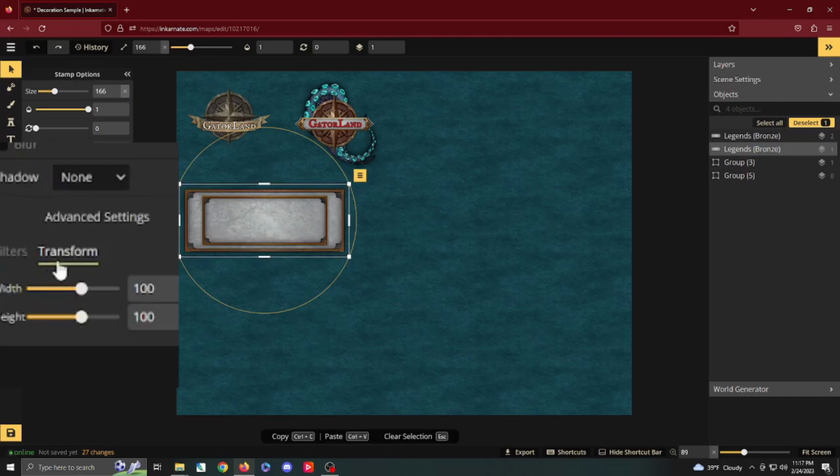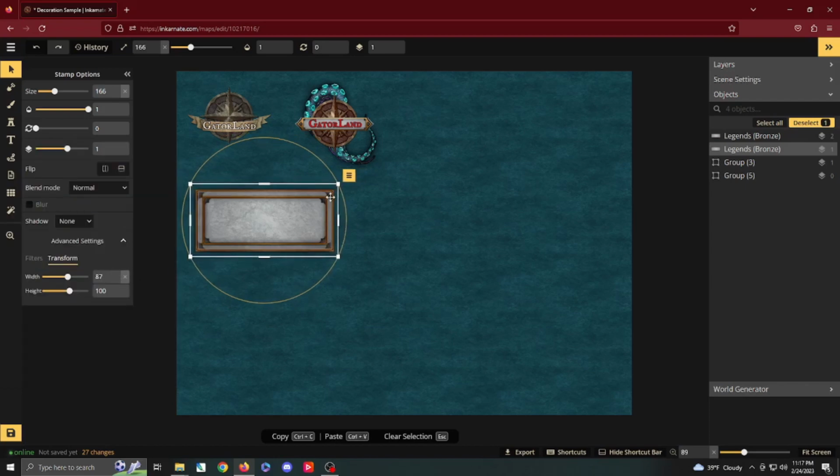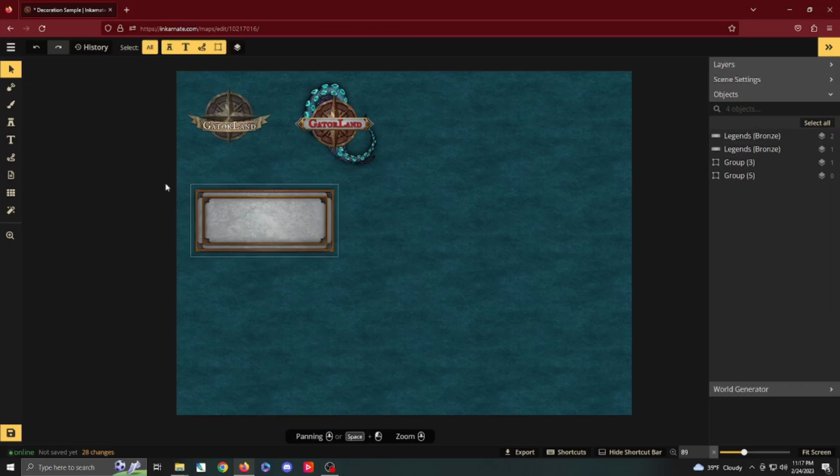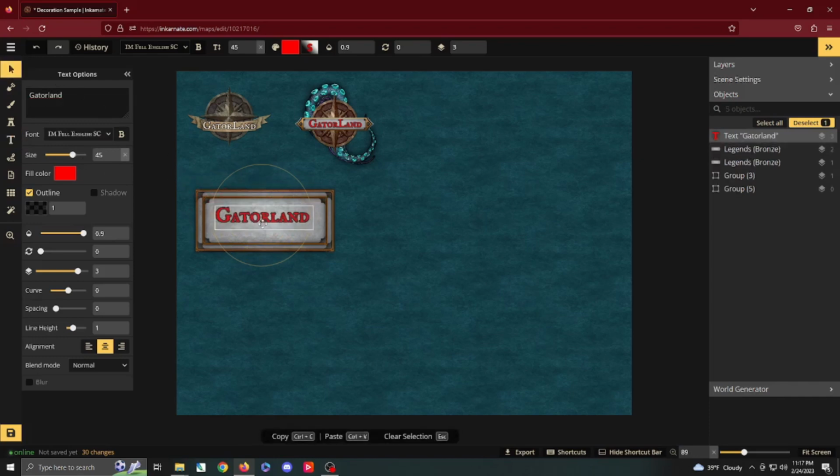We can go into transform. We can make that a little bit wider or more narrow. And just like that, right, you can see how these little points sort of touch the edges. Okay, and now we have a multi-layered frame, and we can put whatever we want. Okay, we'll raise that up just to make it look a little bigger, all right? Okay, and just like that, we've managed to layer up a frame, okay? The next thing we're gonna look at